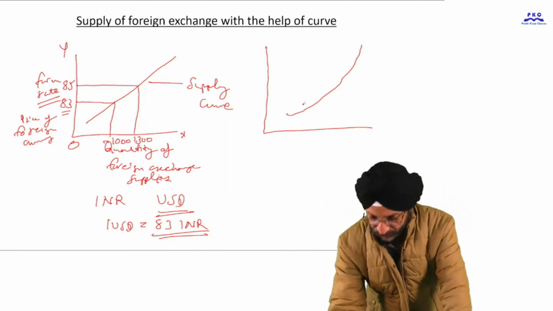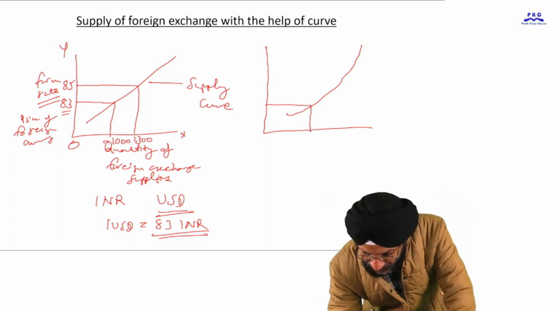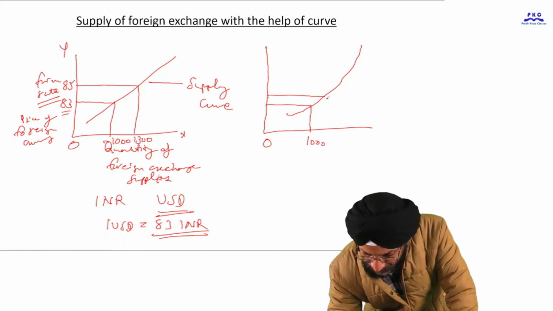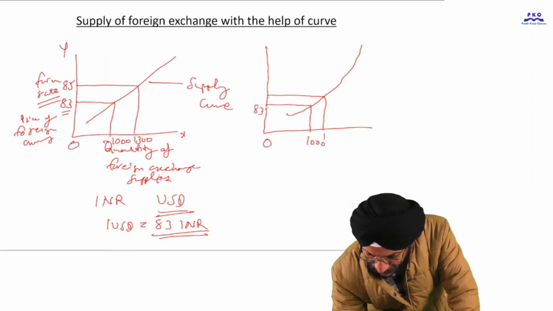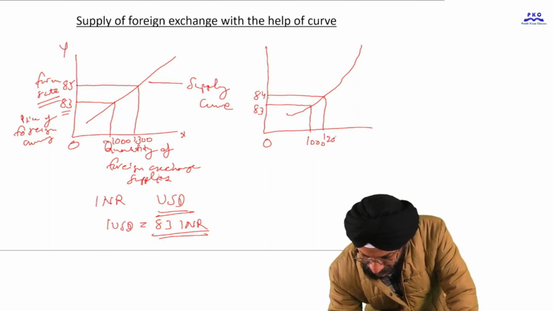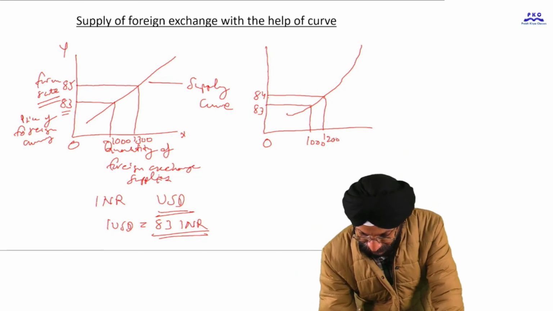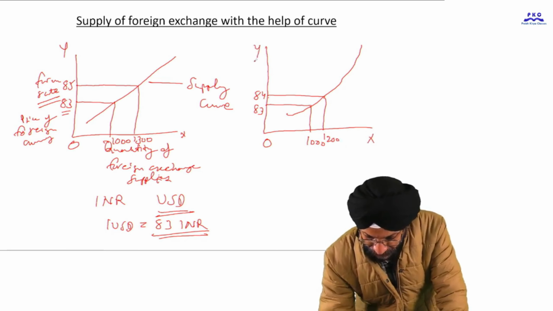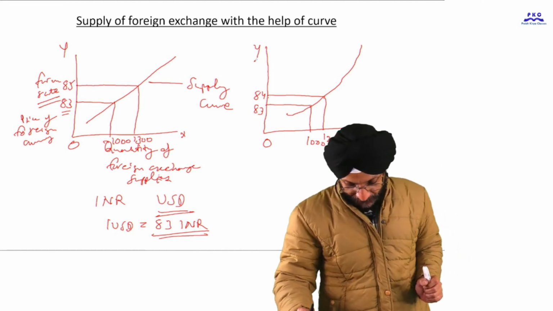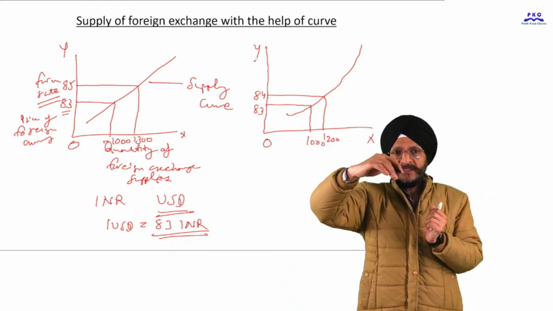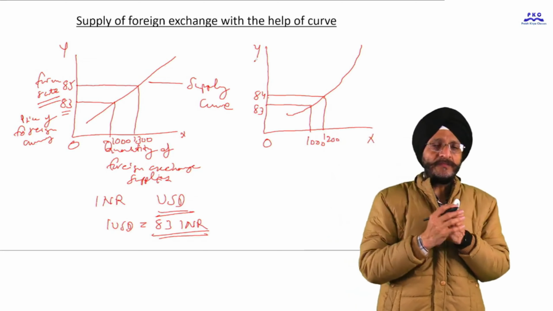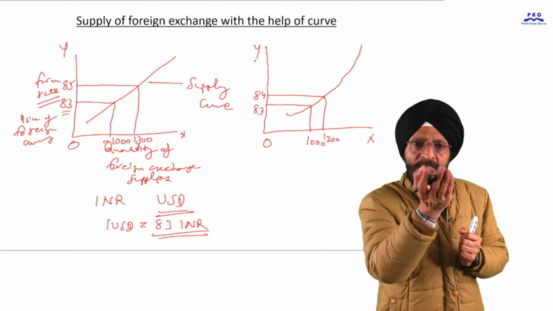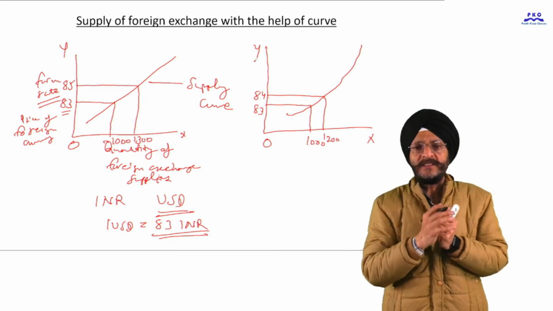Why this one? This is at this price. This may be 1000, and when the price increases, it may be this one. This is 83 and this is 84, and it may be this one. Why is the supply curve in the form of a curve like this? Because when the price of forex currency increases,